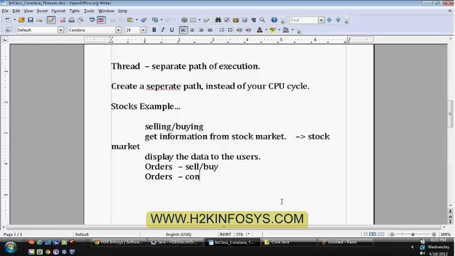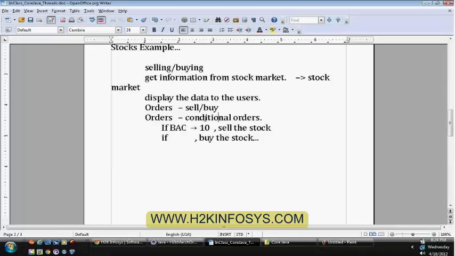Sometimes the client may place some conditional orders, like if the value reaches 10, sell the stock, or if the value reaches some other value, buy the stock. So these are all automatic orders which need to be executed whenever the value reaches 10. Whenever he has retrieved this information, at the same time, he is supposed to display the information to the user.